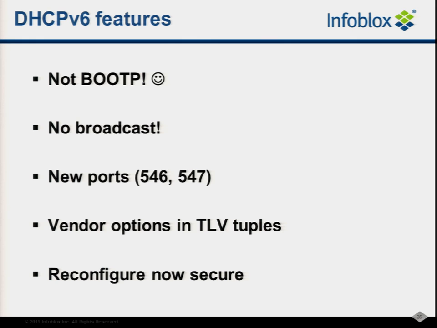There is no broadcast because by the time you do DHCP, you already have a link local address that will get you to your server. You have a real genuine IPv6 address that is usable and unique. And you can send to a multicast address that has all the DHCP servers and DHCP relays on that network. Nobody else has to be bothered by the traffic. So no broadcasting to everyone in the world. You just multicast, and the server can immediately unicast back to you, even with the initial advertise,